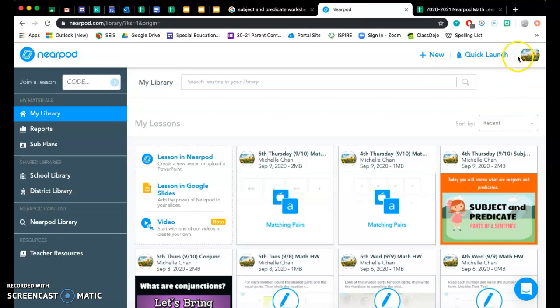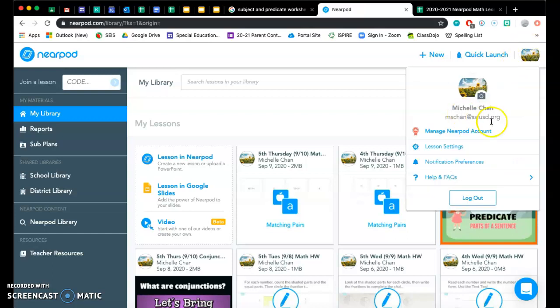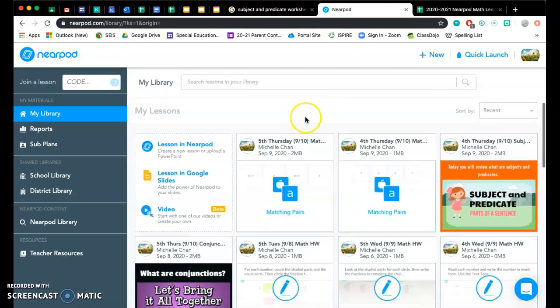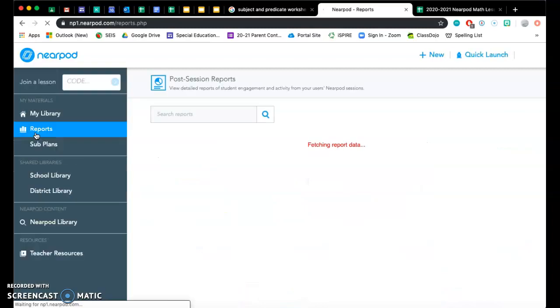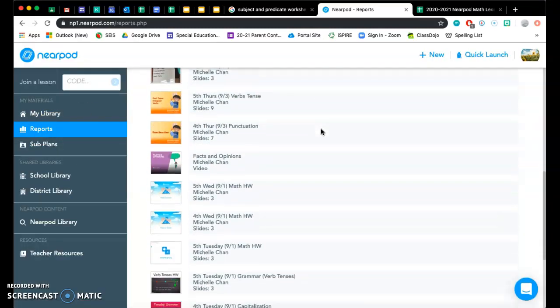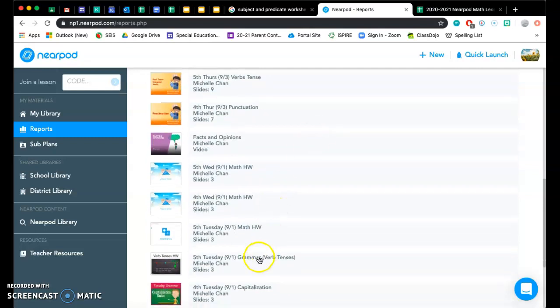So I'm gonna text you my login information. It should take you to this Nearpod page with all the lessons that I have. What I would like for you to do is go to reports that's on this left-hand side. You can click on it. And basically, if you don't mind going back to the beginning of September, only for the math assignments, you'll see